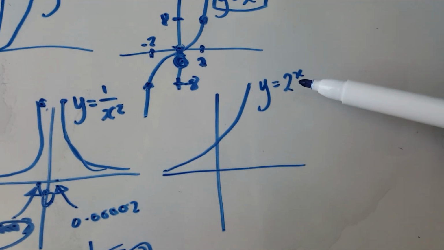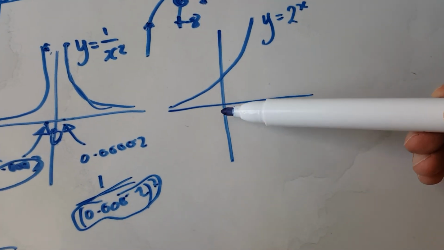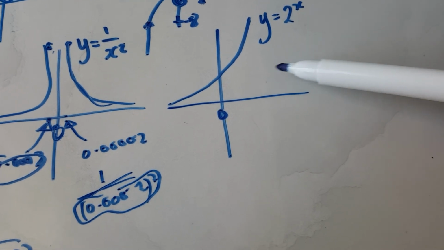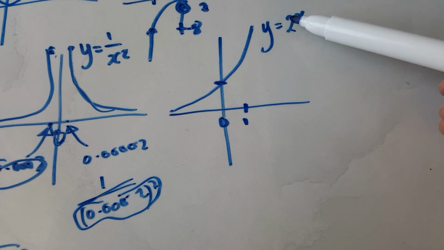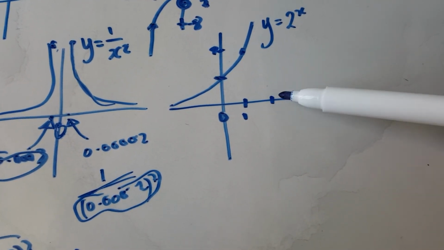Anyway, 2 to the power of x. Again, you guys always forget this graph, so put some numbers in there. Put 0 in there. 2 to the power of 0 is actually 1, so it jumps to here. Put a number 1 in there. 2 to the power of 1 is 2, so this is 2. And then if you pick a really